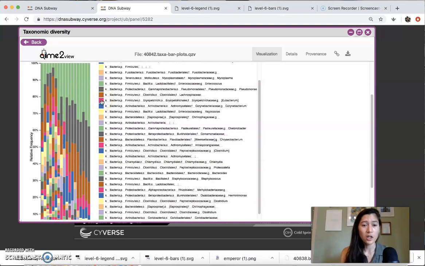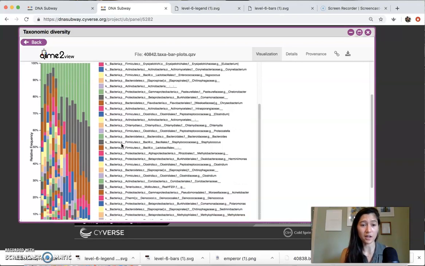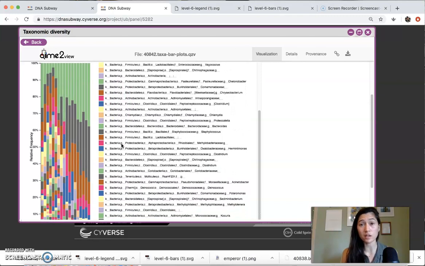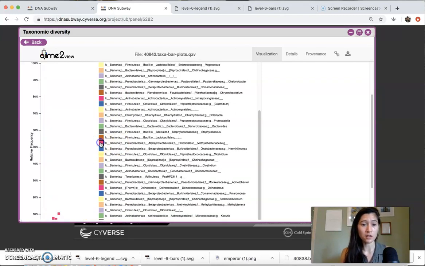original plot. So again, remember our original research question was whether there are differences in male and female garter snakes. So what I want you to do is play around with this. So click around and try to identify bacteria that are only present in female snakes or only present in male snakes. So if we click this one, for instance, this is